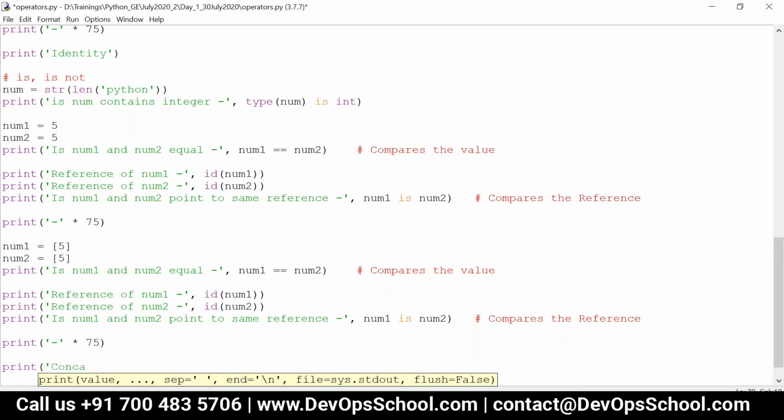So now let's say the concatenation operator, which is nothing but plus. We talked about it earlier.